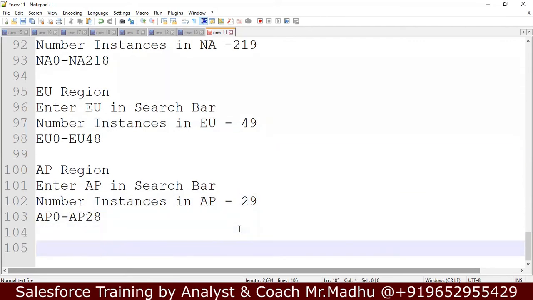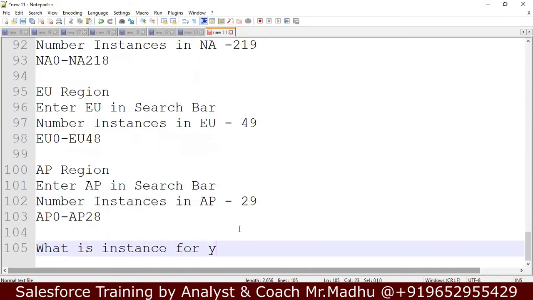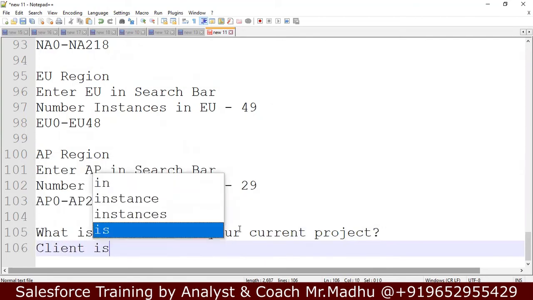Now the question is, in an interview, what is the instance for your current project? They ask this question if you say you are working in Salesforce. Now say my client is in USA.